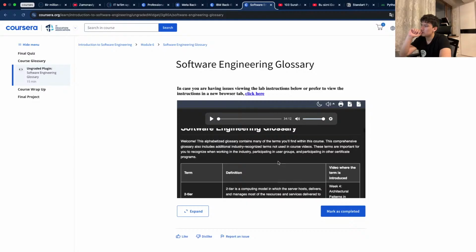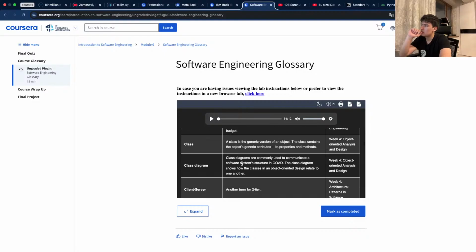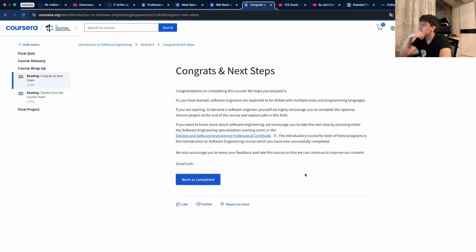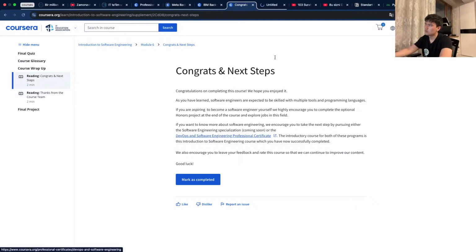Welcome to alphabetical terms definition. Ishlatilgan narsalarni ta'riflab bergan. Bunda xullas bizga kerak emas. Congrats, next steps deyapti. If you want to know more about software engineering and encouraging others to take the next step, either if your software is publishing coming soon, develops and the professionals are in the introduction to the program.